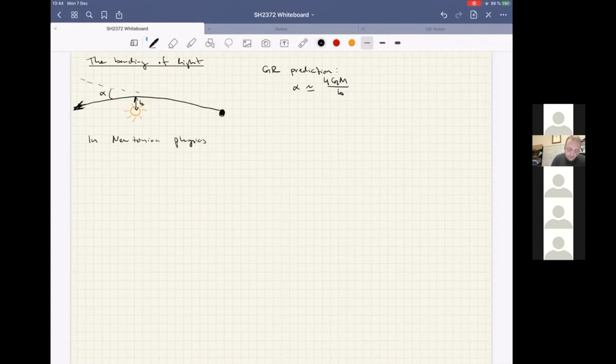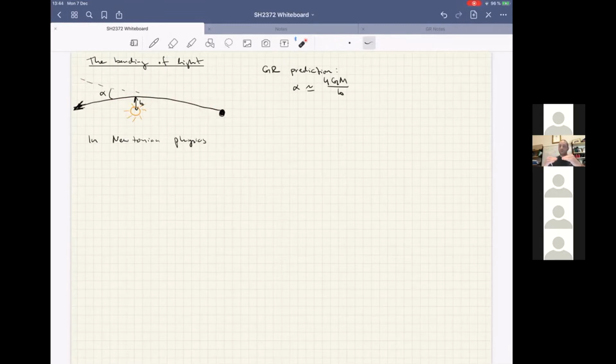So I'm just going to consider here a particle coming in from this direction at high speed and passes by the sun and ends up on the other side. And I'm going to compute essentially what is the deflection here. So in Newtonian physics, if the sun was not there, the particle would, of course, just go on at essentially the speed of light, and it would just pass by. So I'm going to compute, just as I did in the GR case, the deflection angle